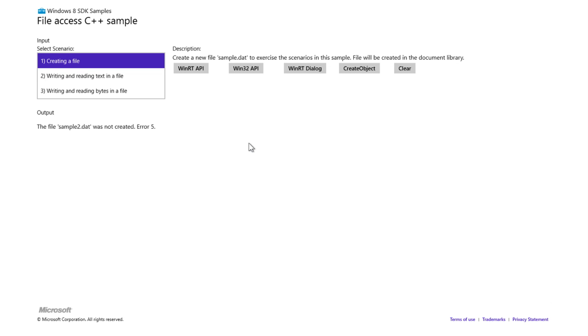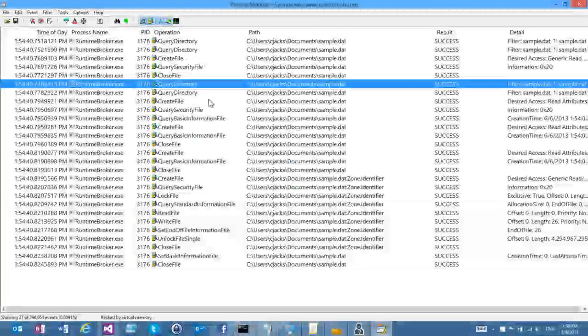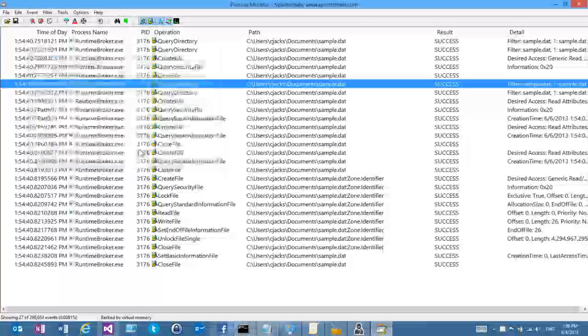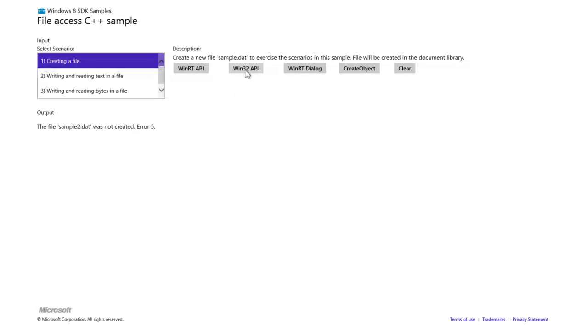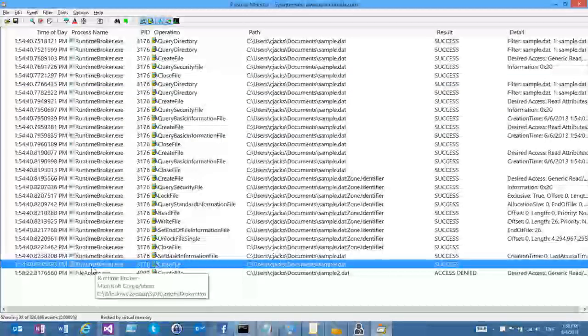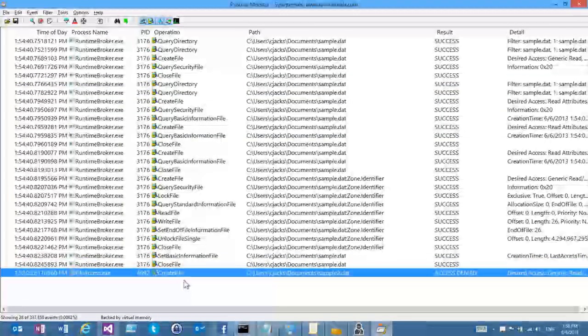If I look at the process model, this one is called sample2.dat. Let's change the filter and add an additional criteria where the path contains sample2.dat. All right, and start it collecting again. If I try to write that, I can see I was creating this directly from fileaccess.exe, and it can't write there.